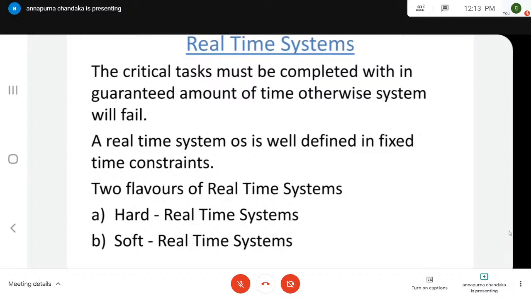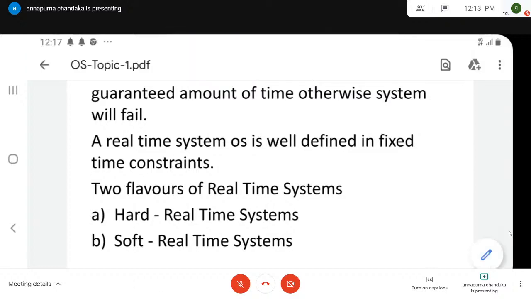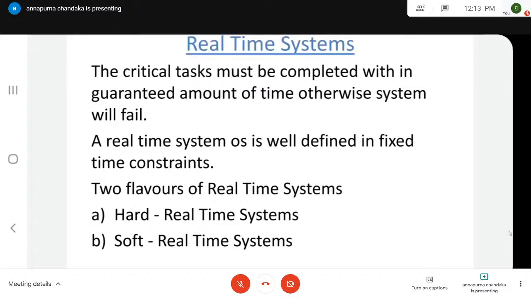So let us take a small example. For student convenience, I am giving this example. Suppose you went to an ATM, put in a card, and entered the required amount of money. It makes some sound counting the number of notes. After that, you did not get money. Then what is your feeling? Immediately you will get disturbed, and immediately you are pressing a lot of buttons. What happened? That's it.